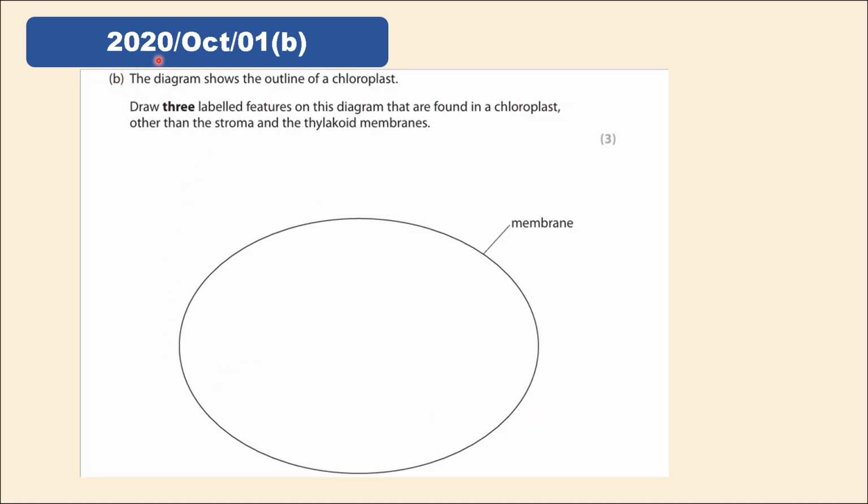The next question is from the October 2020 paper. In this question, you are provided with a diagram showing the outline of a chloroplast, and you are asked to draw and label any three features on this diagram. However, be careful to avoid drawing or labeling the stroma and the thylakoid membrane, as these are not allowed. If you label either of these, you will not receive any marks, so make sure to read the instructions carefully. And for the marks, you can draw